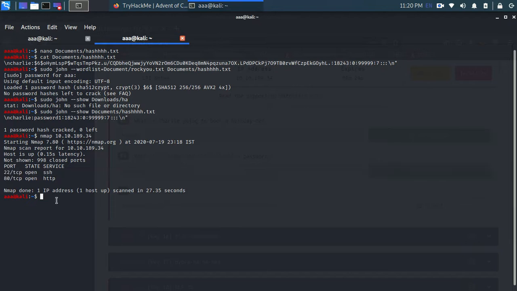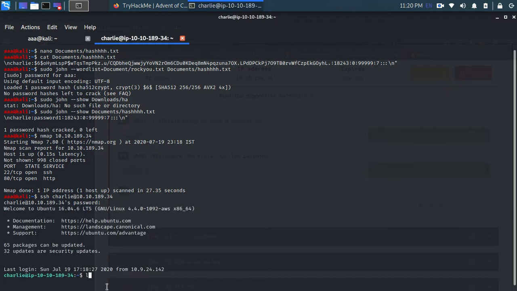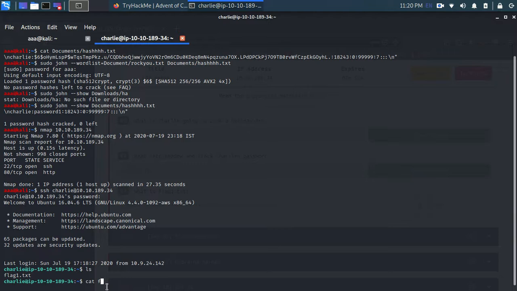So we can connect to the SSH service, and the username was Charlie. Charlie at the IP, and let's start connecting. It will ask me for a password, and the password is password1. Yep, we are in, and we can just read the flag file.